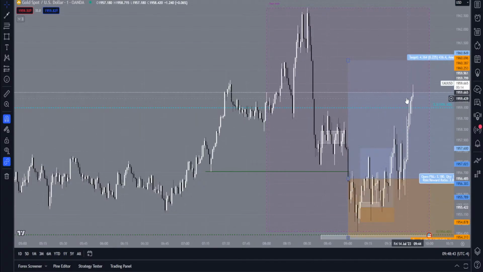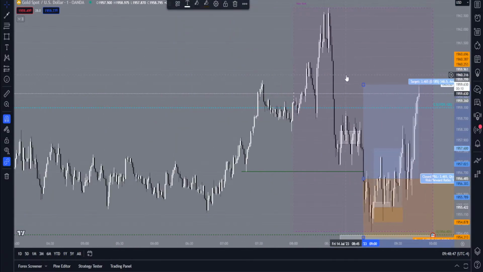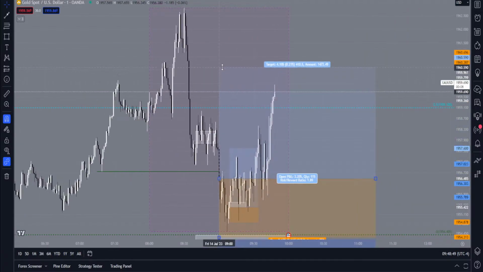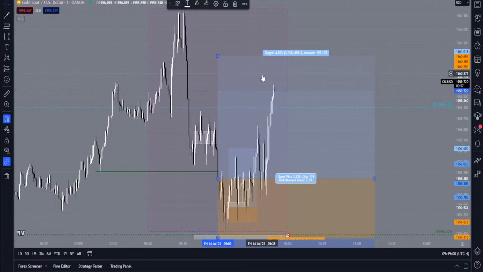Keep that in mind. Now here price is trading almost close to TP. You could decide to exit full TP here if you do not want to wait till news, because news could end up reversing this really bad, okay? So you could go ahead and exit the trade here. There's no shame in that.